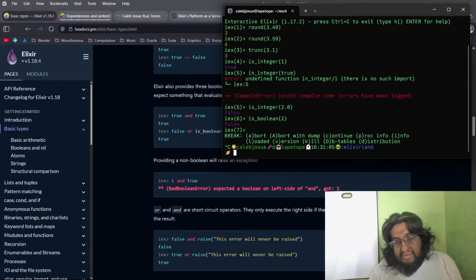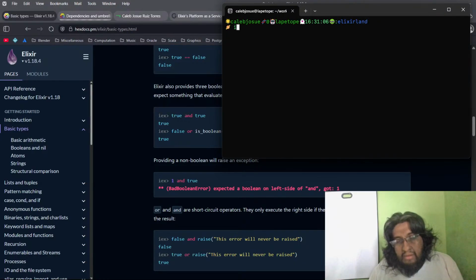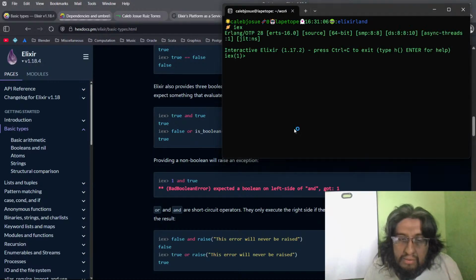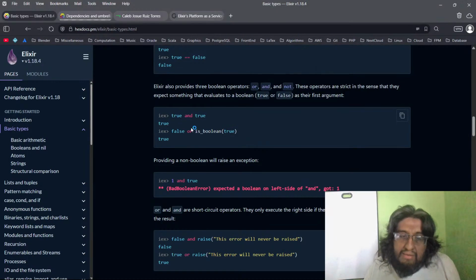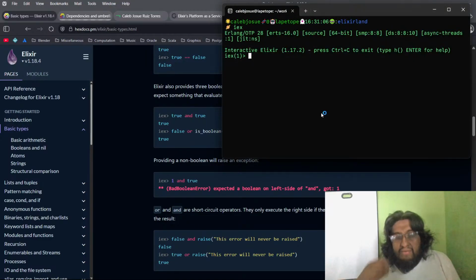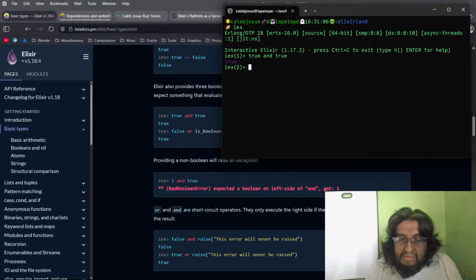Let's wait. Okay. True and true. Okay, you need to get familiar with the logical operators. How do you write them? Some languages are like this, and in here it is with and. True and true. You need to know if most likely they are implemented